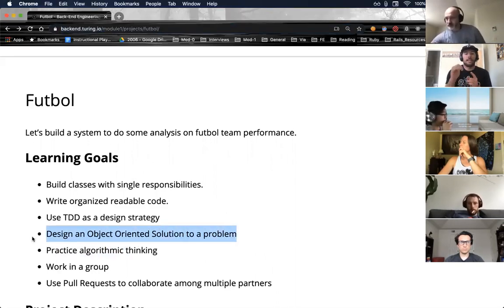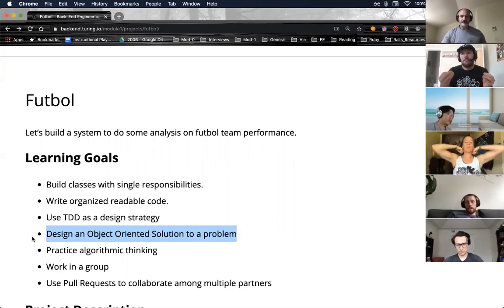So this is the idea that we're going to build classes that adhere to single responsibility principle. All right, and so this is the piece where you're going to take what you know about classes and objects and design a solution that makes sense based on not only what you know now, but what you're going to be taught in the coming weeks.